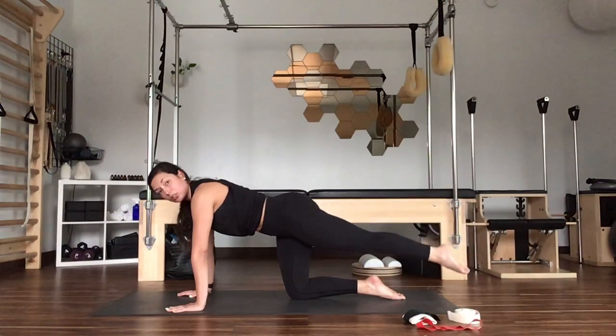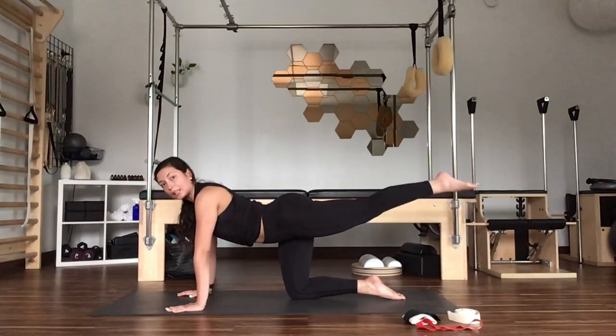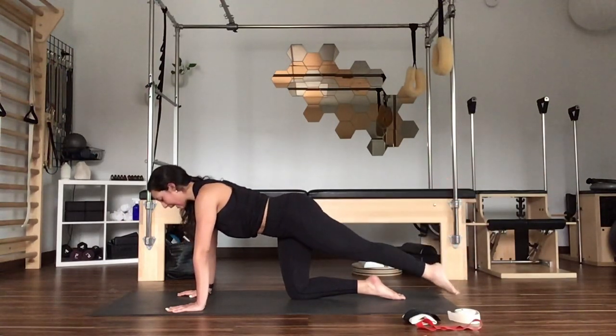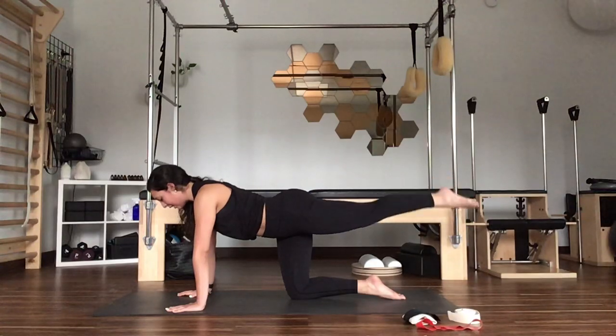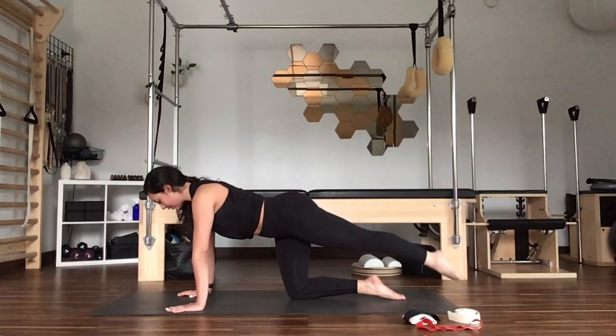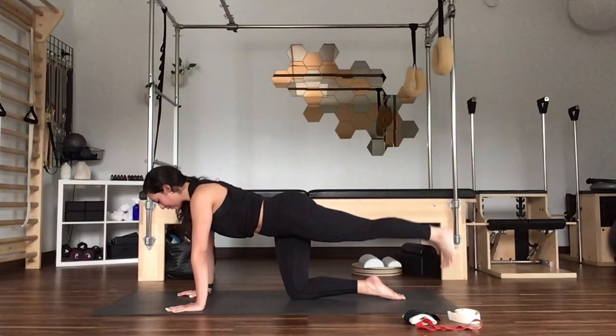Making sure nothing is changing about the back or the ribs as you lift and lower that leg, so we're not letting the low belly sway in the low back arch. If you want to add the foot, it can be a flex to lift and a point to lower for 5, 4, trying to maintain length through that left knee. 3,